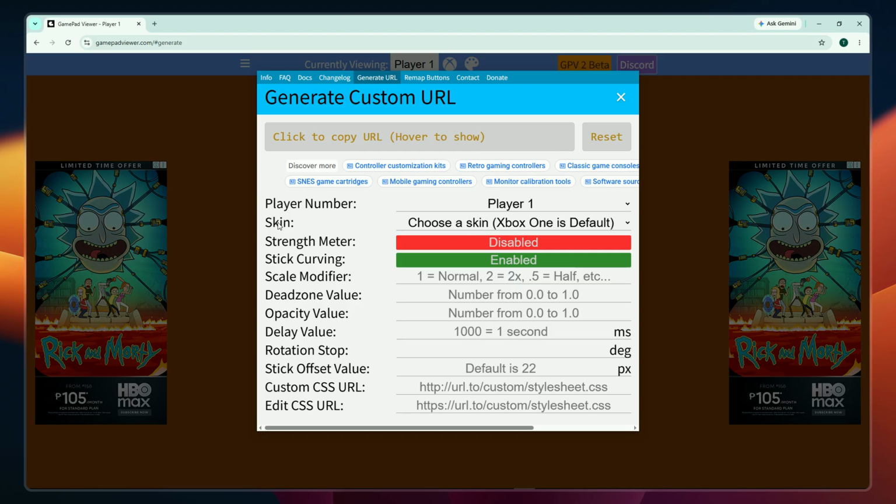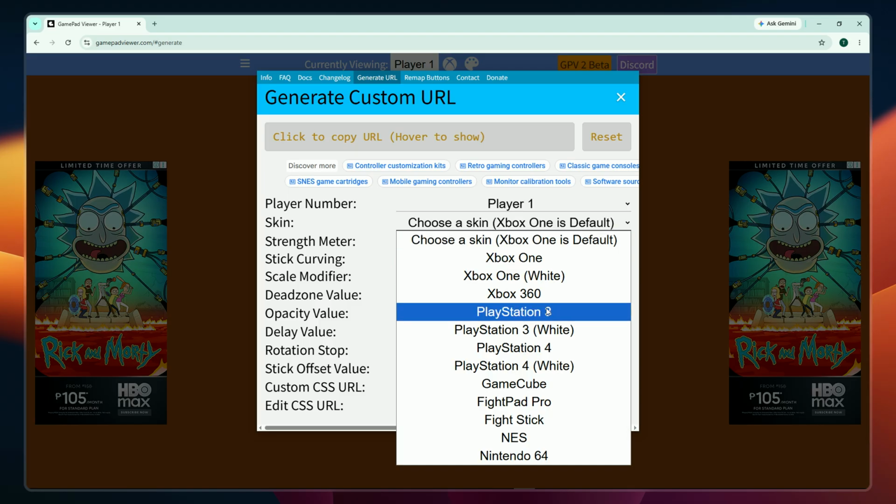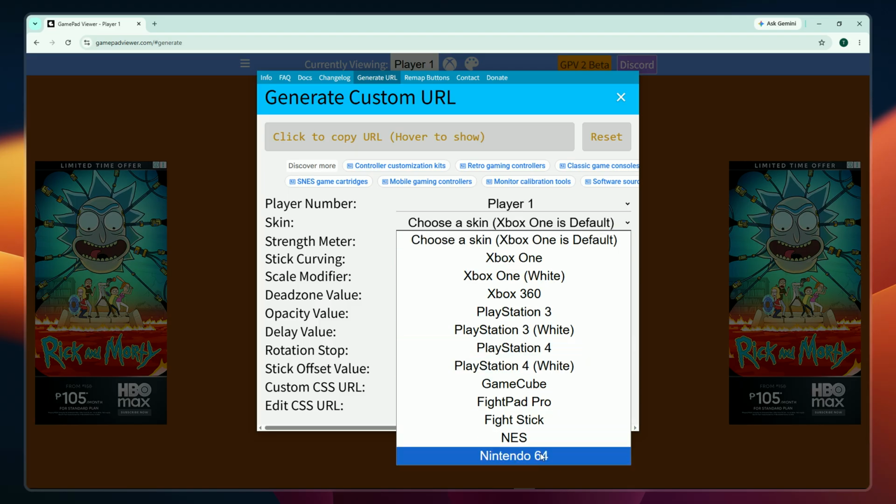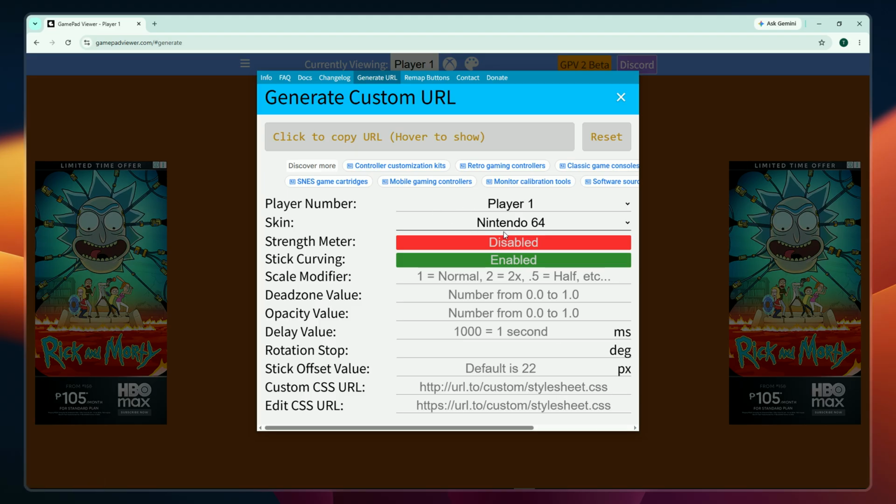Now look for the option labeled Skin and click the drop-down menu right beside it. Select your preferred controller from the list. This allows you to match the on-screen overlay with the actual controller you're using, making it more accurate and visually appealing for your viewers. Once you've selected your controller skin, copy the URL link at the top of the page